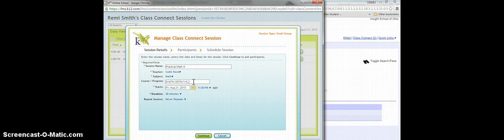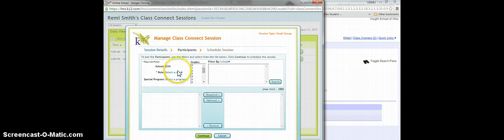And then you can do underscore REQ for required, or OPT, I believe it is, for optional. And then you change the times. I'm not going to change mine for the sake of this video. Click continue, and then under select a role, you're going to choose students,